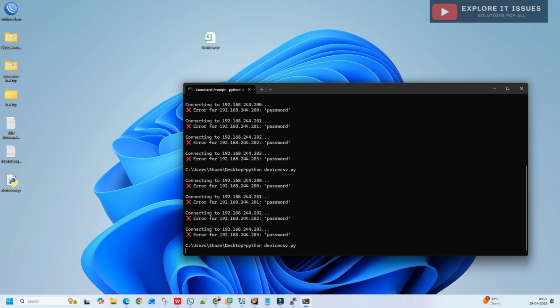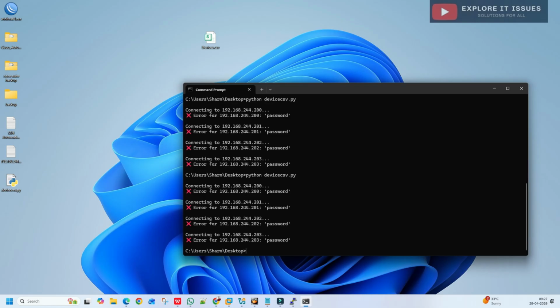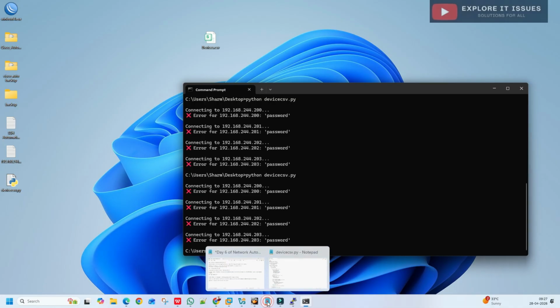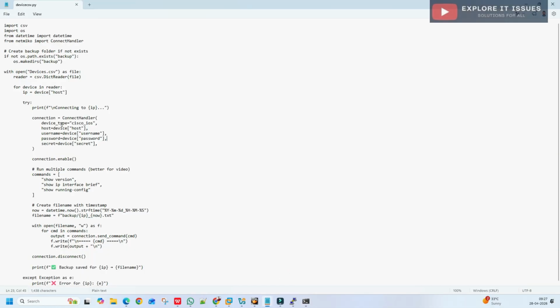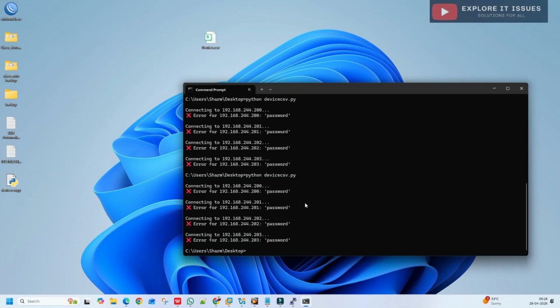Again we got this error. Okay, in this IP, I think we can add here, save, then run again. The password also shows a disconnect.